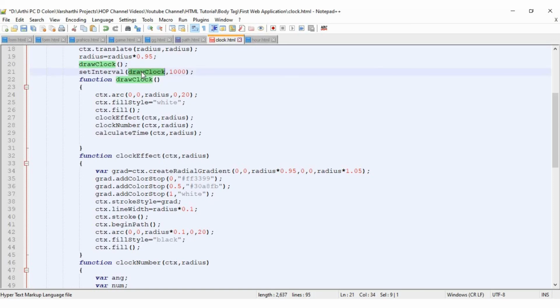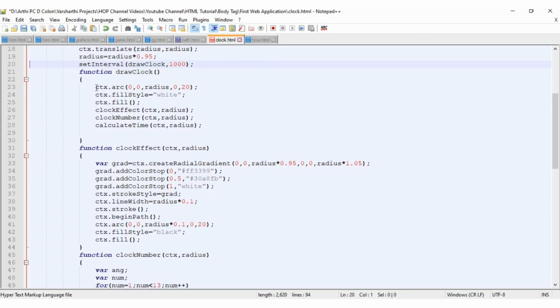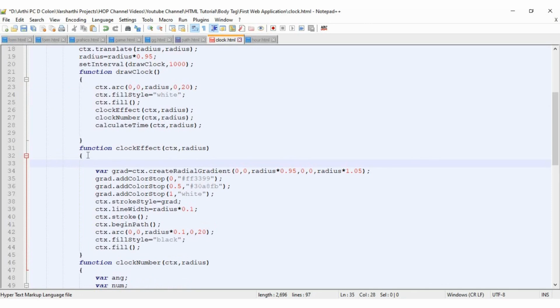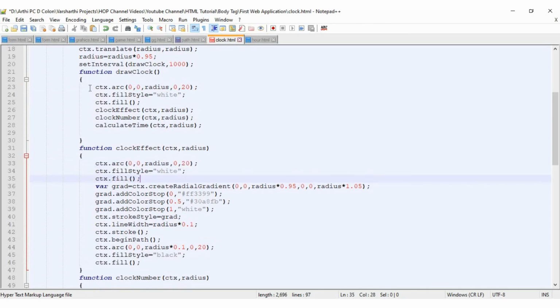So if we call the drawClock function separately, the remaining functions will be executed twice, right? So you can make it a comment or simply remove that, and we can have these inside the clock function itself, right? So now you can remove these lines.